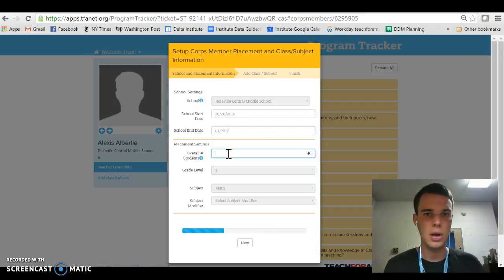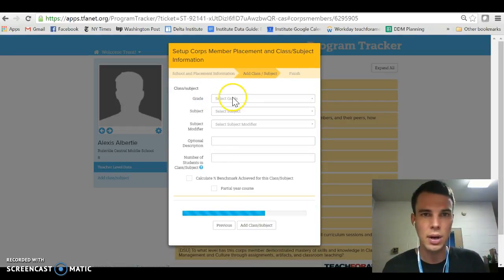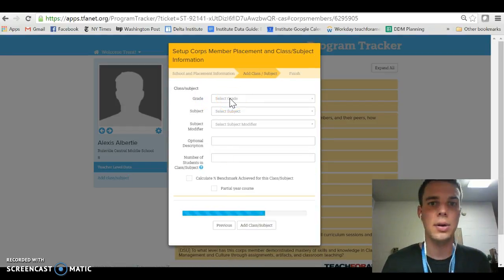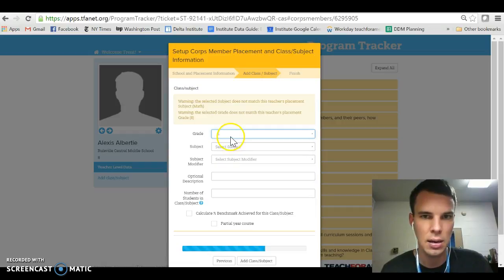Then we're going to put the overall students in that class at Institute. So let's say that there's 10 students in that class at Institute. You can go back into the teacher's roster if you need to see how many students are there. Then we're going to tell Program Tracker what grade this core member is teaching at Institute. So let's say that they are teaching 5th grade